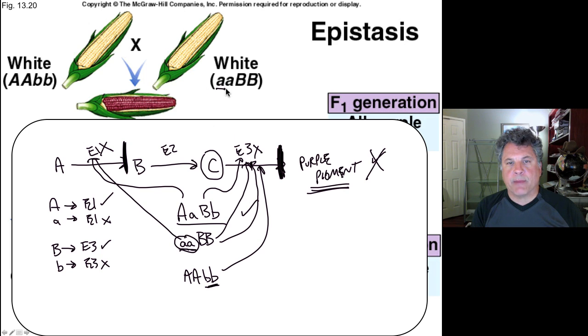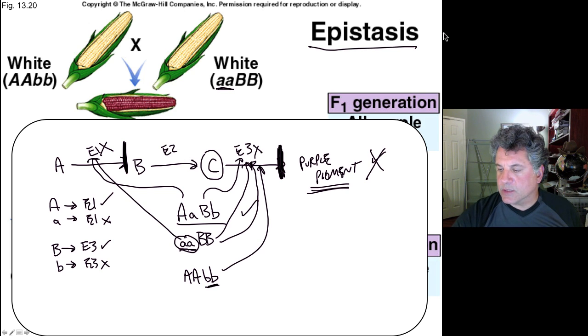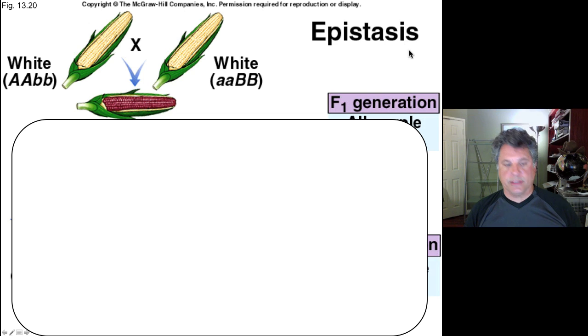So the white phenotype can arise because the biochemical pathway is blocked due to homozygosity of allele A, let's say it's step 1 here, or you can have the recessive white phenotype due to being homozygous for the small b allele and blocking the third step of the biochemical pathway. So this is an example of epistasis, and it's an apparent but not real exception to Mendelian inheritance.